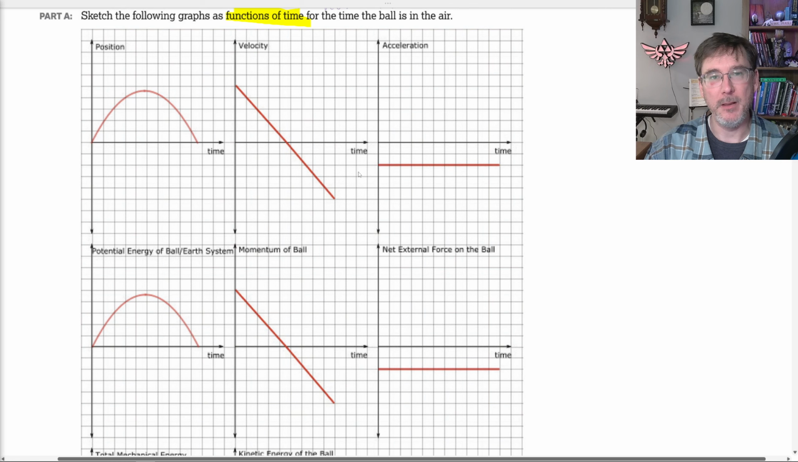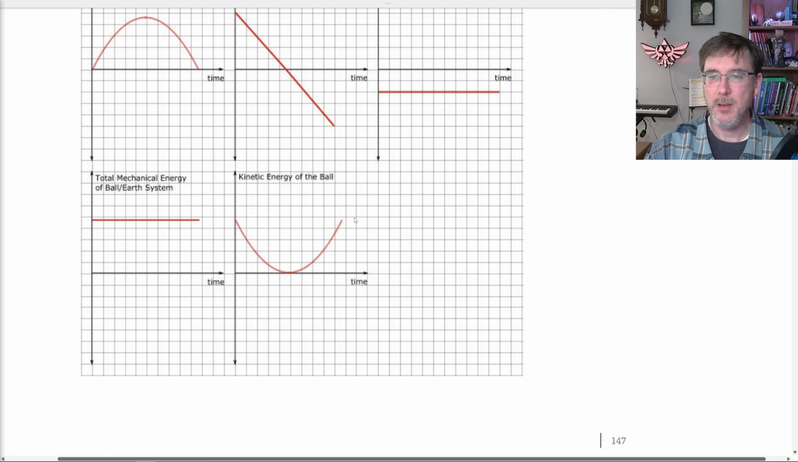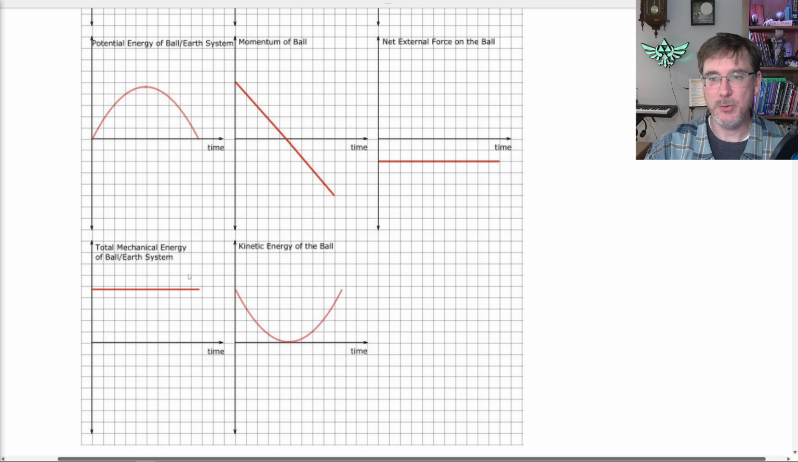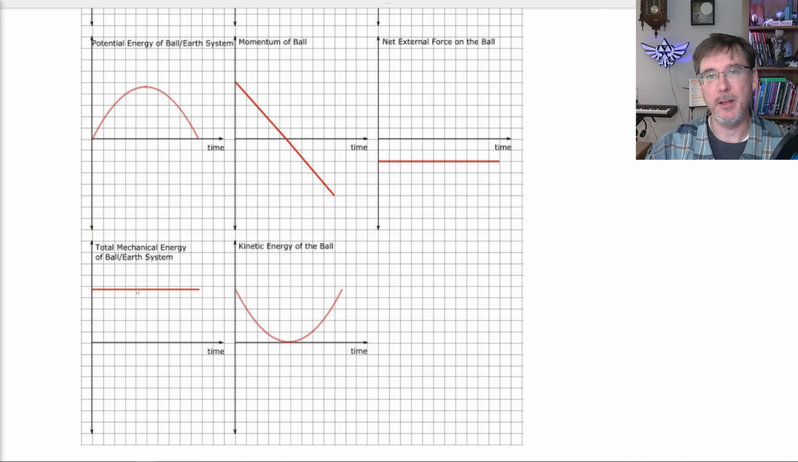acceleration on the ball. The total mechanical energy of the ball-earth system, since there is no air resistance doing work, removing energy from the system, then the total mechanical energy will stay the same. It will be either kinetic or potential. And this graph sort of